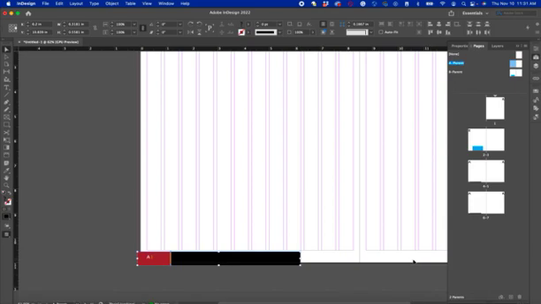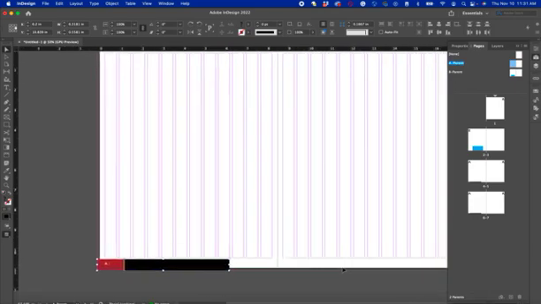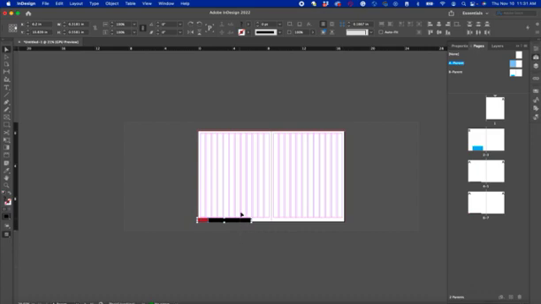Yeah, I want a little space in between the next page. So what I'll do here is copy, paste, and I'm gonna bring this to this side,